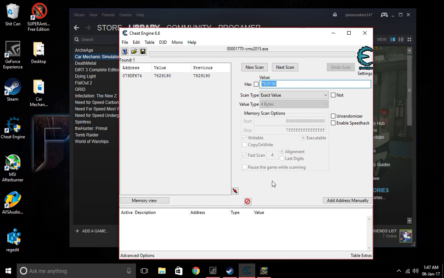Sometimes you won't get it straight away, like I did, because they're the credits I have there. Sometimes in the game, I couldn't show you now as it's open, but I'll just explain it quickly. Once you do a first scan, you'll end up with a full page of numbers, and it'll just keep scrolling down and down and down. Once that does happen, the only way to reduce the amount of numbers there is to go back into the game,